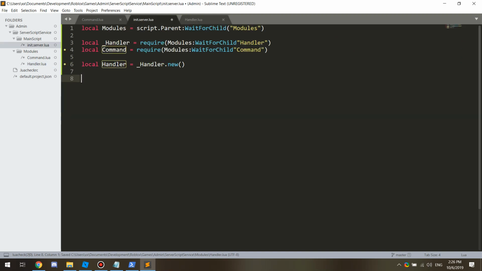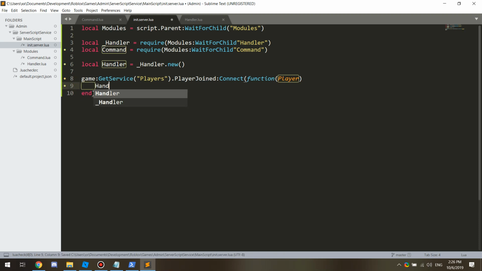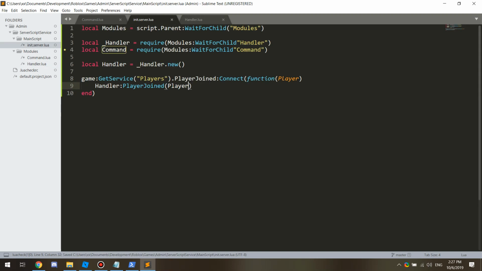So yeah, we can do get service players dot player joined function player, and we can just do handler player joined, pass in player. Yeah, no, it's not player joined, it's player added. And then we can do